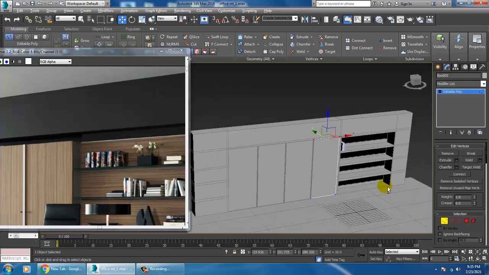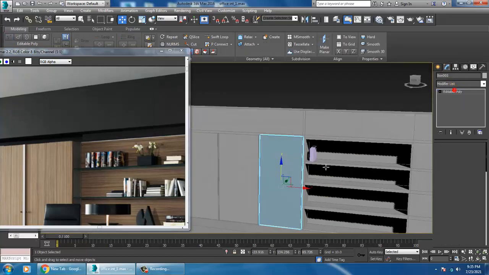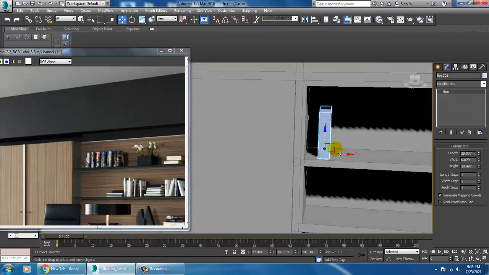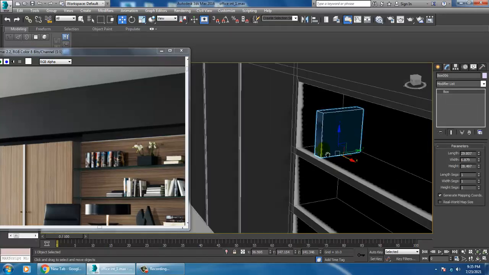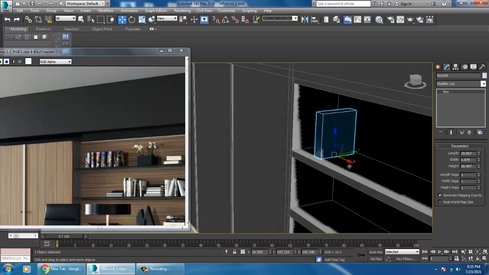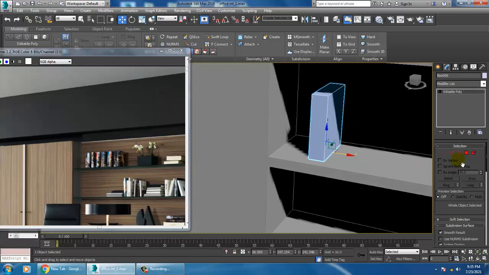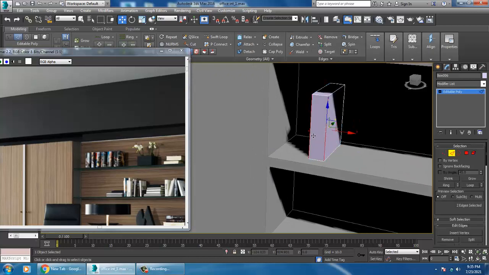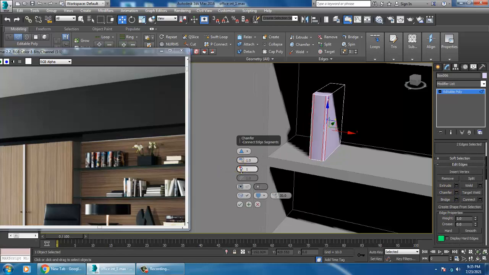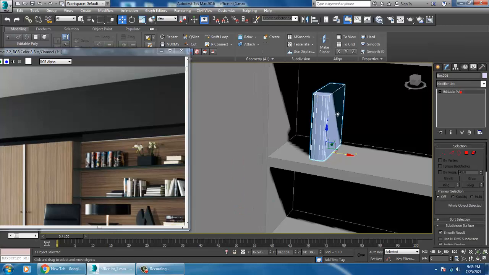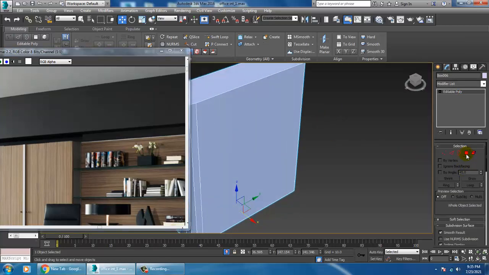Okay, fine, so we'll get more space over here. Select this book over here. I'll convert to editable poly and select these edges, and let's give chamfer, increase this and click OK. Isolate.